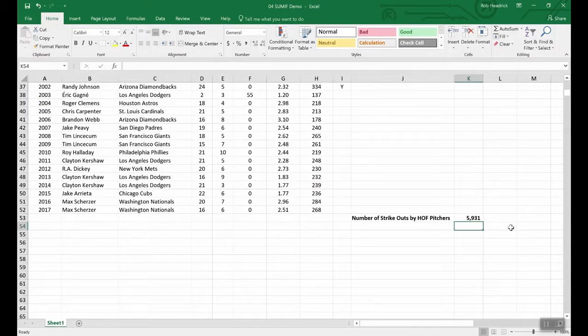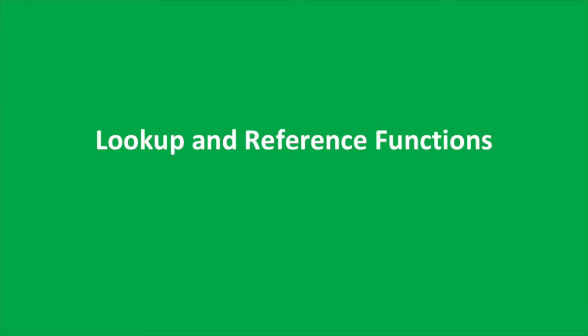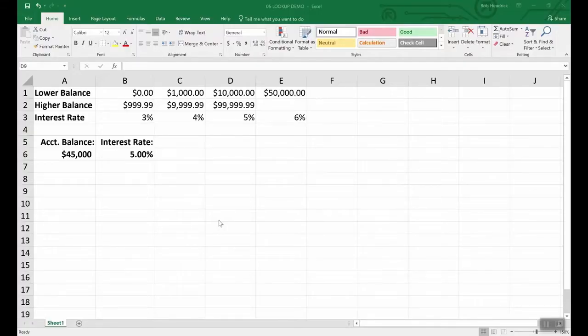So that wraps up our quick look at statistical functions. Now we're going to move on to a really cool set of functions called lookup and reference functions. The lookup and reference functions are designed to ease the finding and referencing of data, especially in large tables. We're going to start at the specific function called lookup,